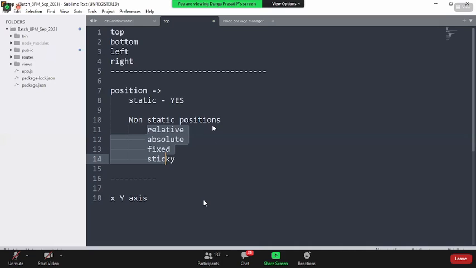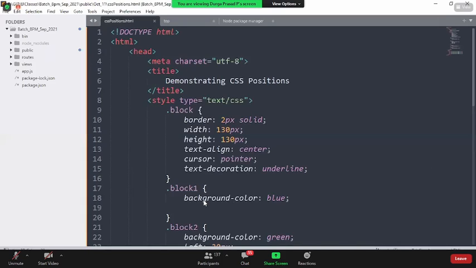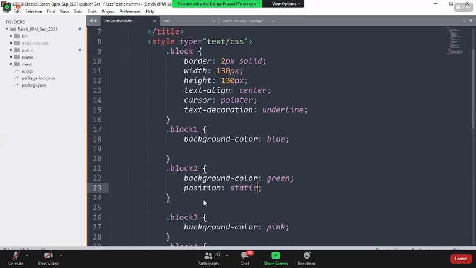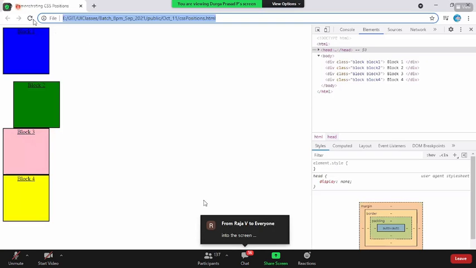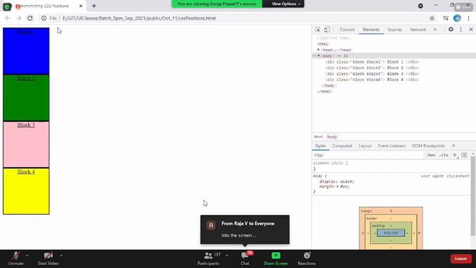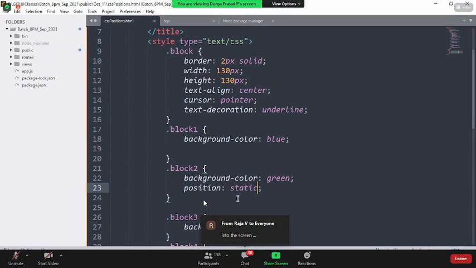Now, that is the reason. If you see here, when I go with CSS position, for block 2, I don't give the left and top properties. I say position as static. Can you tell me on what axis block 2 is getting rendered? Sir, X and Y axis. I say something called relative. Can you tell me what axis it is getting rendered? It is not in the XY axis, it is the Z axis.